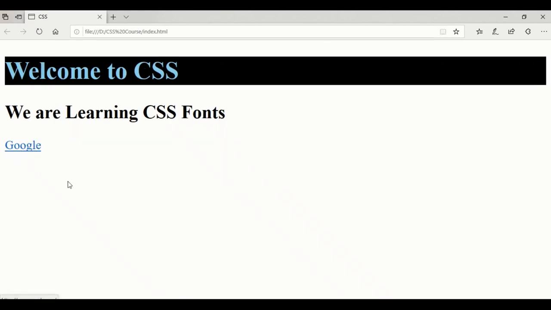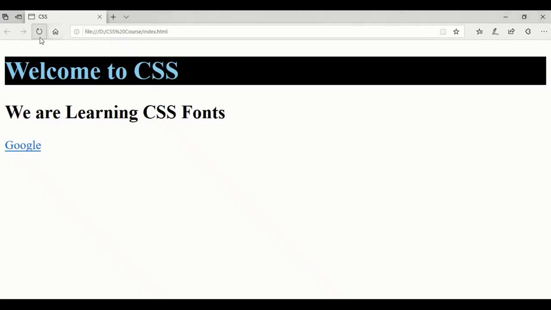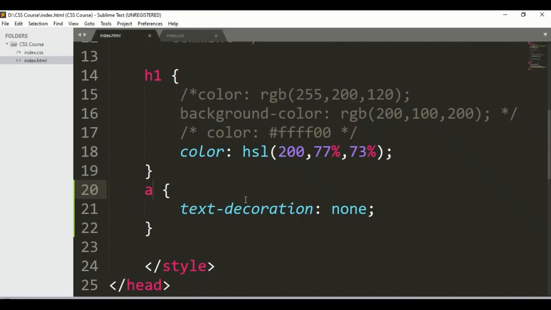What can we do if we want to remove it? So simply just here, let's say text decoration none. Save it and refresh it. Here you can say we didn't get any underline, so text decoration is used for this purpose, you can say. Okay, now let's talk about text